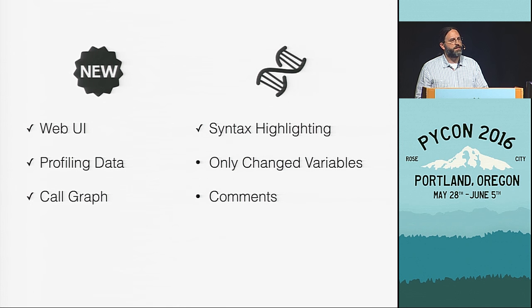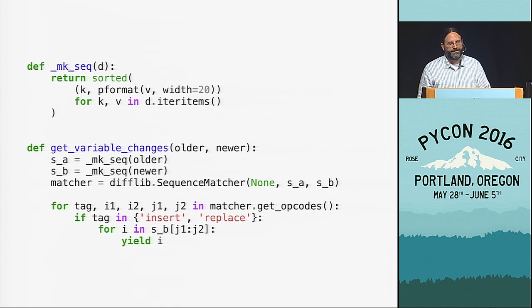All right, so after I'd added profiler support, I kind of hit another plateau with the feature work, and I was looking for the next thing that I needed to do. I noticed that the web UI was showing a lot of the same data over and over again, so I decided to change that so that it only showed the local variables when they'd actually changed. And then I also thought about how important comments are when you're looking at a debugged program, so I decided to try and make the line cache program show the comments around the code that's being executed.